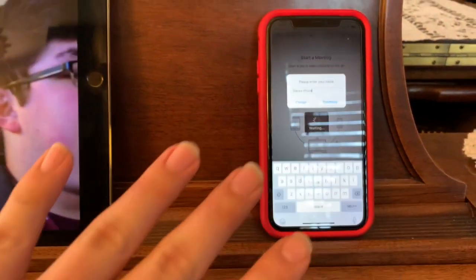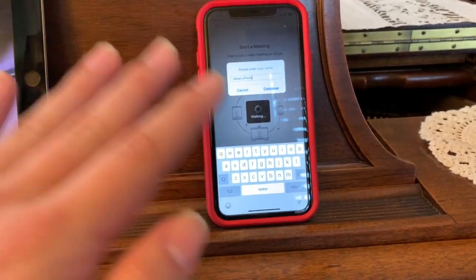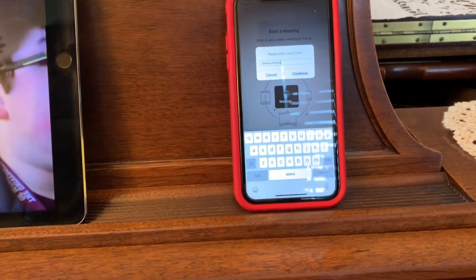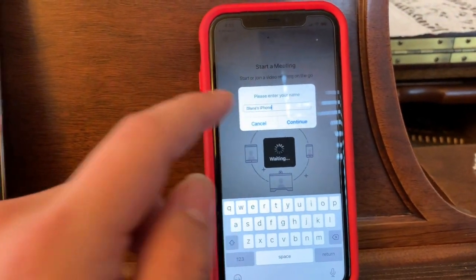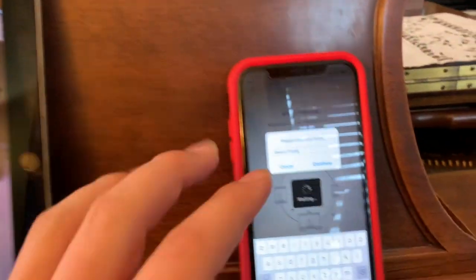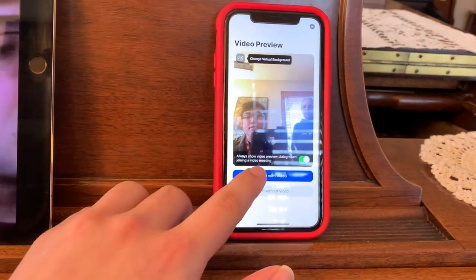All I do is I have the app. I don't have to install, or I don't have to make a new account for this phone. I just need the app. Don't need to sign in or anything. And it'll ask me what I want to be called on the meeting, and I press Continue. So now I press Join with Video,